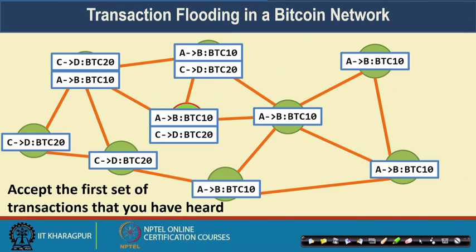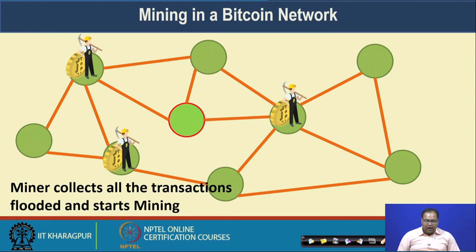So that was the idea, that you always accept the first set of transactions that you have heard. Now, once you have constructed the blocks with the set of transactions that you have heard, there are certain nodes in the Bitcoin network which work as miners. Remember that it is not necessary that every participant in the Bitcoin network needs to be a miner. There can be certain special nodes which have good computation power, and they can invest time to participate in